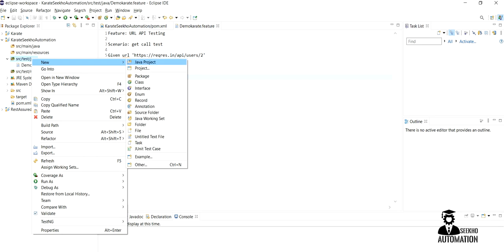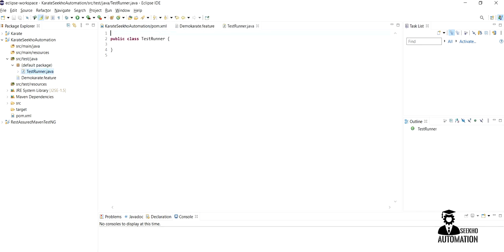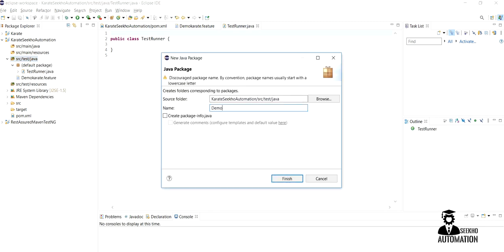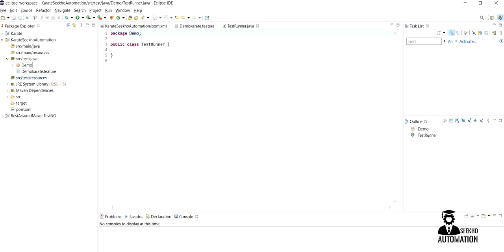Now you just need to create the runner file, right? You can type test runner. Perfect. It is creating the default package. We need to create one more package, demo, and now we can move all our files here.